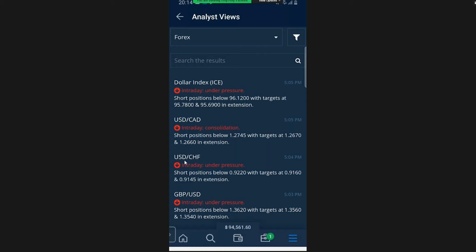Now, why would the USD drop against the Swiss franc if the USD is strengthening today? Well, because the Swiss franc is a traditional safe haven currency, even more so than the USD. So safe havens tend to strengthen when there's fear. So you look at the signals and you say, wow, they make sense. USD Canadian. Why would USD drop against the Canadian?